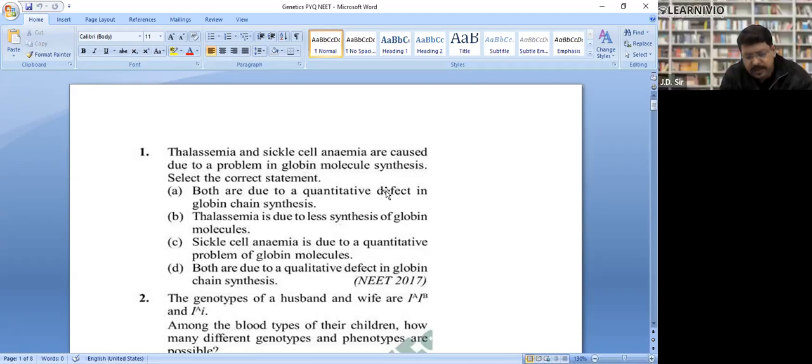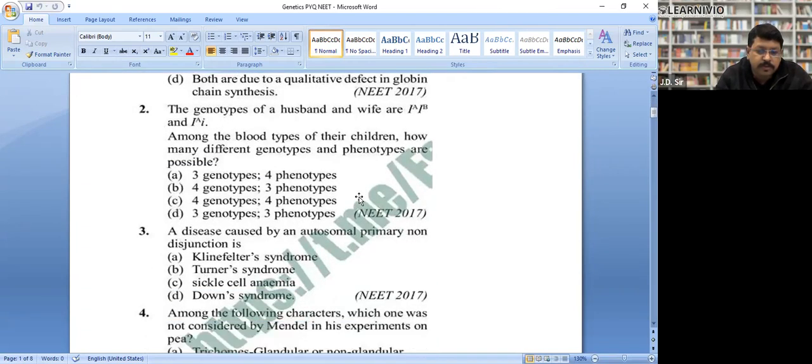So it's just like anemia, right? Thalassemia is just like anemia. When the globin molecule is not formed sufficiently, then what will happen? Hemoglobin, because globin is a part of hemoglobin, right? Then hemoglobin content will reduce, and now the deficiency of blood will take place, and that is called thalassemia. Jason, keep on answering along with Memona. So the correct answer will be B. This question was asked in NEET 2017. Next one.